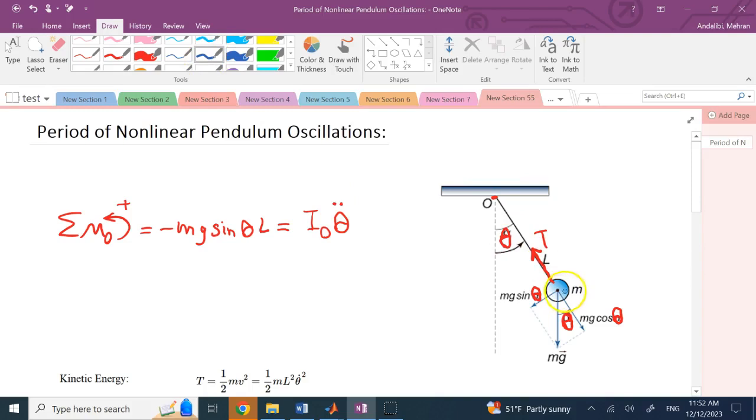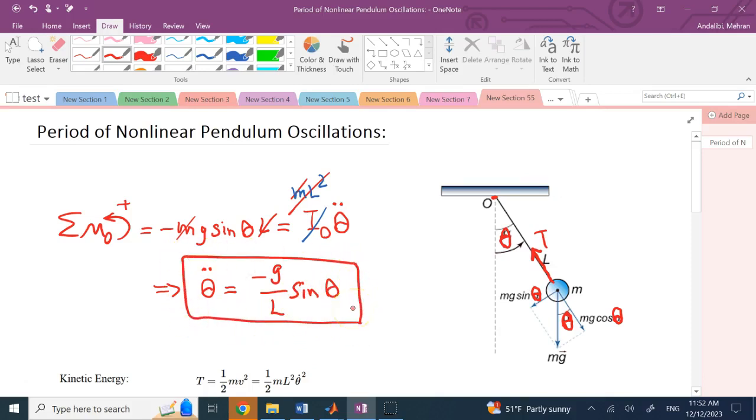Now, what is I of a mass m at a distance L, a discrete mass, right? Not a continuous distributed mass from point O. This is simply mL squared, right? And so now you can simplify one m and one L from both sides. If you do so, the governing equation becomes theta double dot equals negative g over L sine theta. And this is the governing equation for the pendulum,